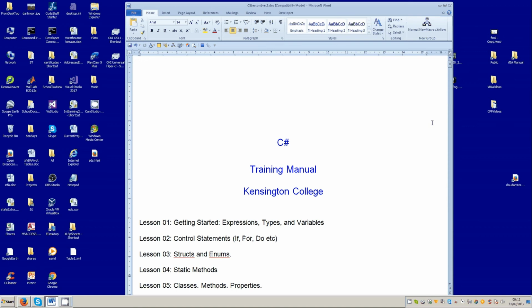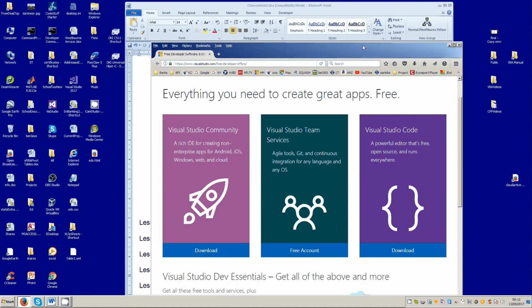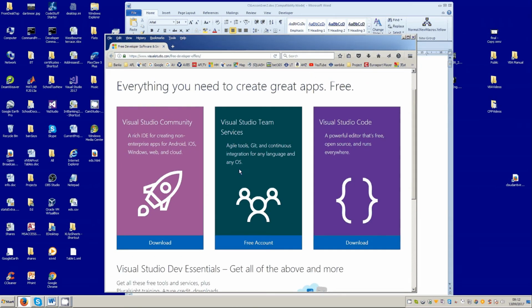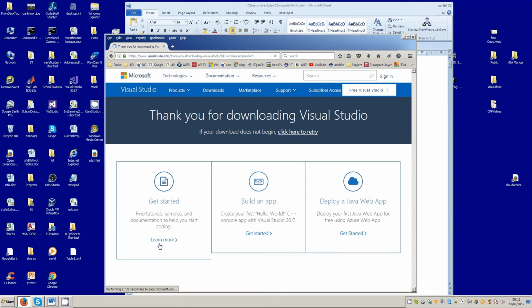I want to talk about programming C# from the very beginning. So we need to first of all download C#, say from Microsoft. You can do a search for downloading C# Visual Studio, and for example Visual Studio Community is quite good, free of charge. So we could go through the motions here and download,